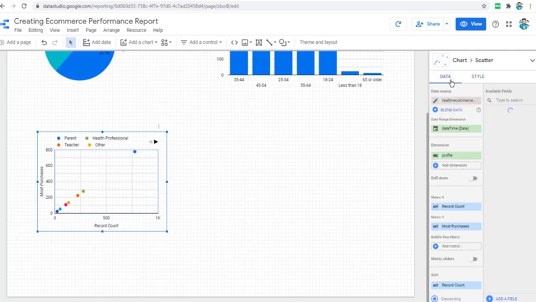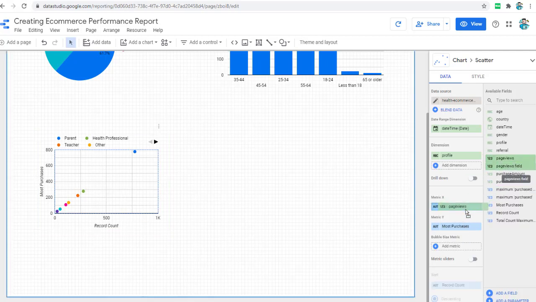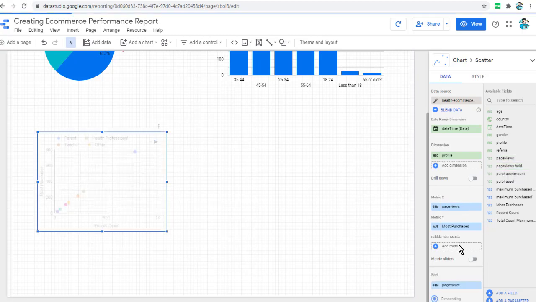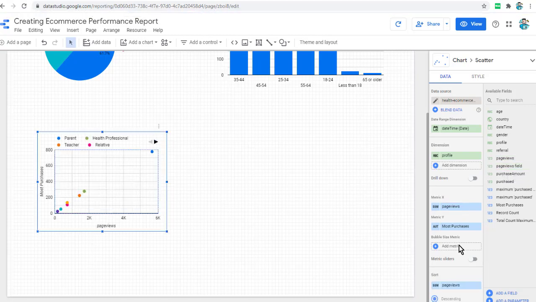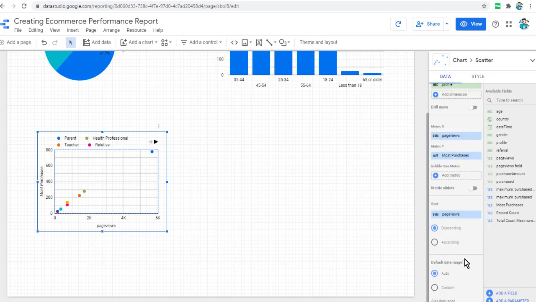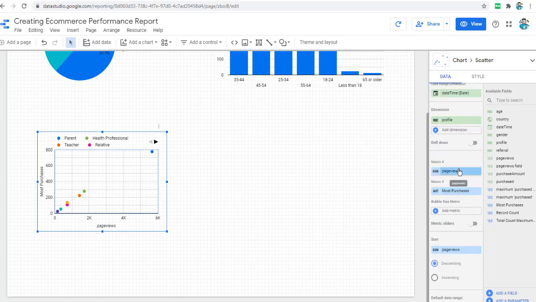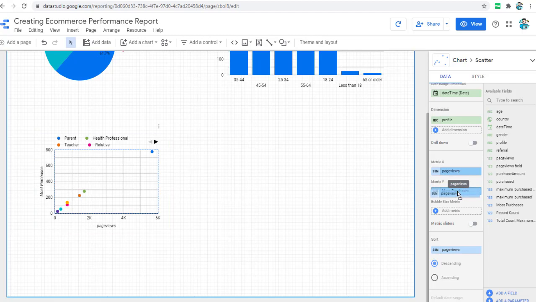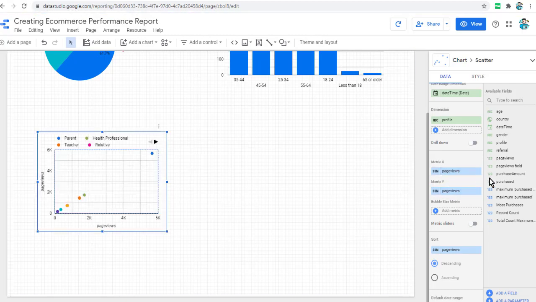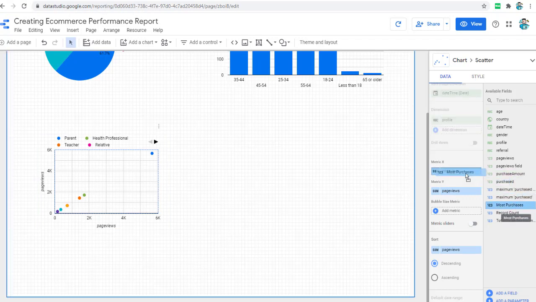We will go back to data, and we are gonna add, instead of record count, we're gonna add page views. So it will tell you what are the total number of page views on the website. And I think we're gonna remove page views and replace it with most purchases. All right, here it is, most purchases.